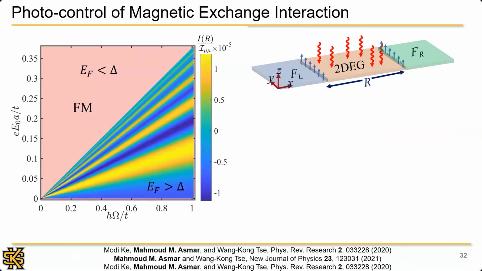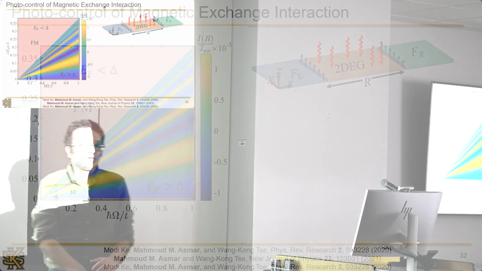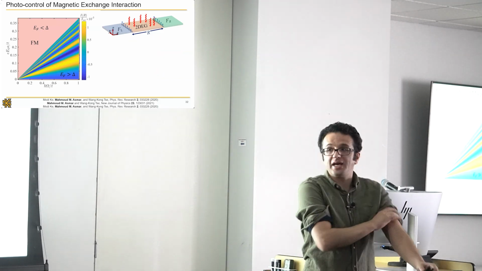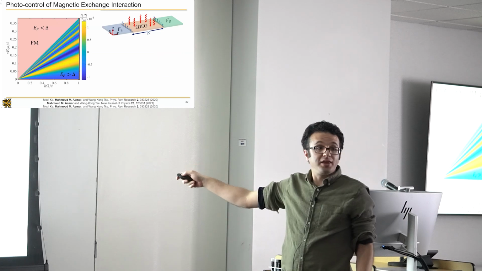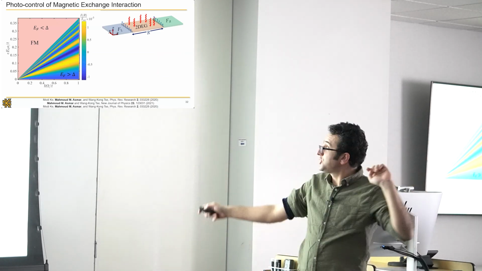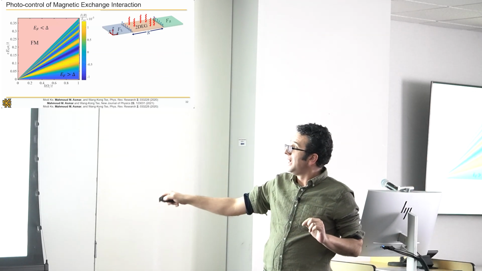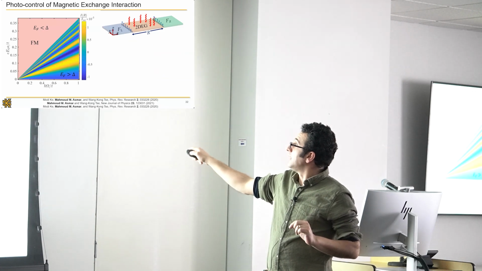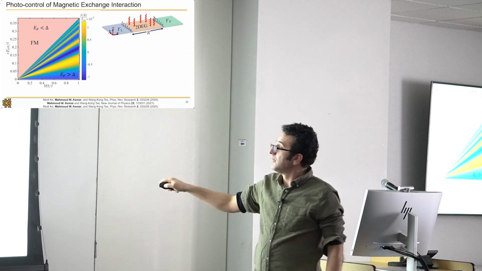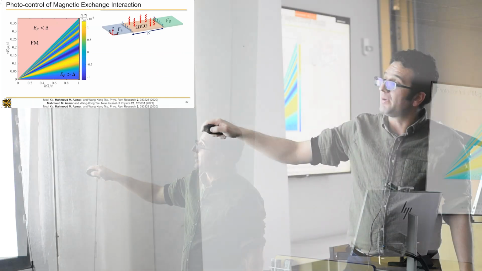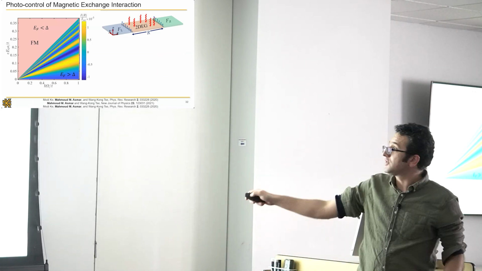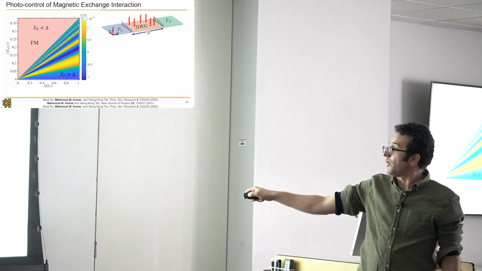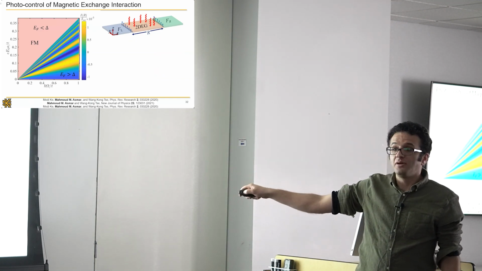We can draw a phase diagram. Basically, this is the light frequency and this is the light amplitude. And what we can notice is that in this regime, without changing the width, this is important, without changing the width or changing the material, I can change the interaction between the left and right ferromagnets from antiferromagnetic to ferromagnetic and so on and so forth. I don't need to change the width. I just change, for example, the light amplitude, or I change the light's frequency, okay?